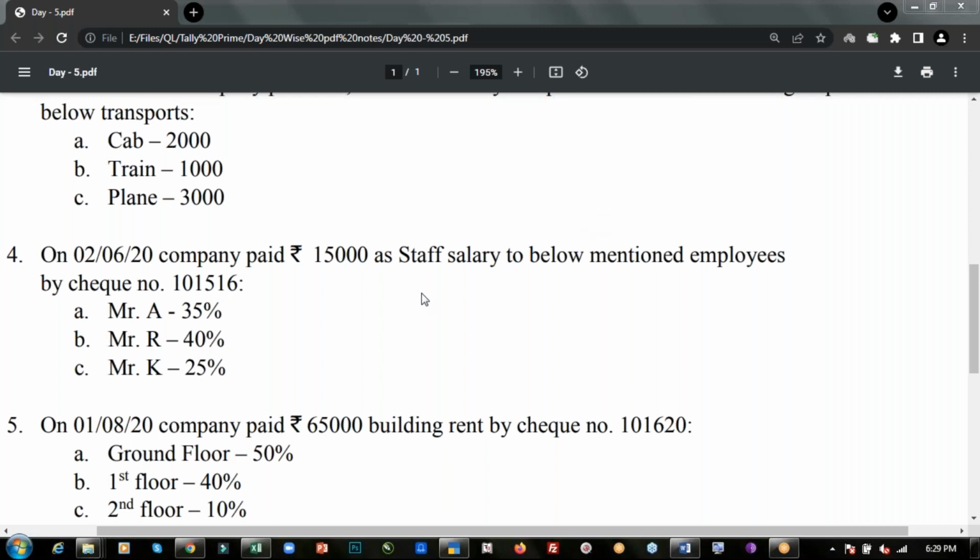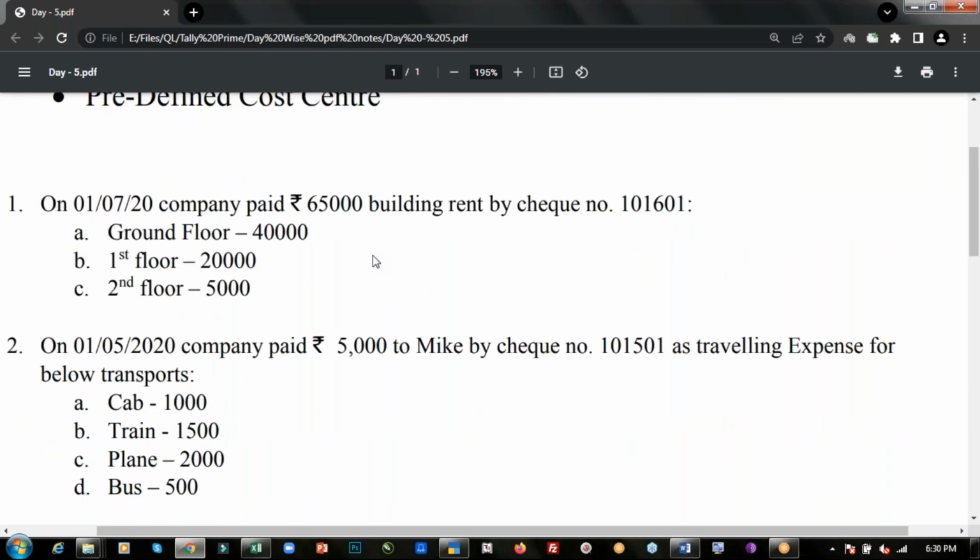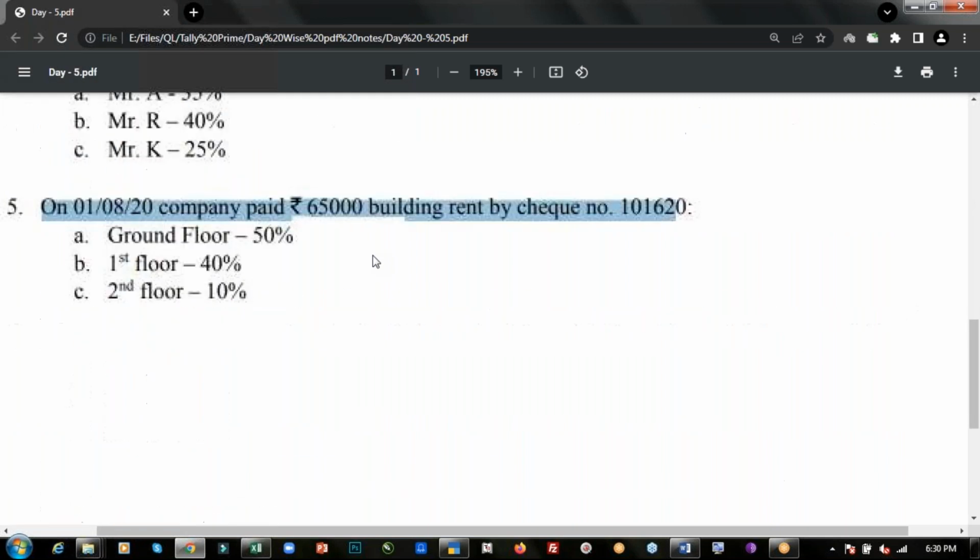All right, guys, I'm explaining that once again in the next example, the predefined cost centers. The similar example you can see for that, it is saying on 1st of August, company paid 65,000 building grant by check number this. So these ledger and the cost category and the cost centers we have already created for this example. In the first example, we have created that. If you want to check they are created or not, you can